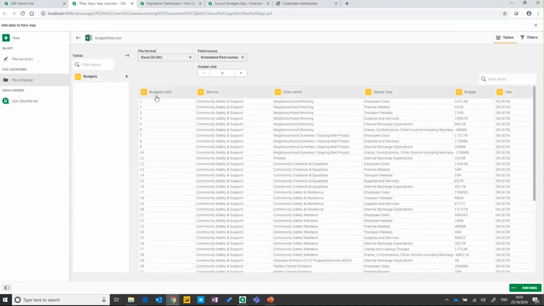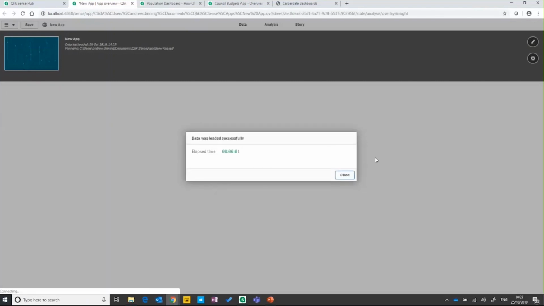So you'll notice we've got budget line ID, service, cost center, spend types. Maybe we wanted to rename some of these. So maybe instead of service, I want to call that service name. That's all I need to do for now. I could go ahead and filter some of this data out. So maybe I'm only interested in the most recent years. Maybe I'm only interested in employee costs, or whatever the case may be. I could do that at this point. But if I go ahead and press add data,